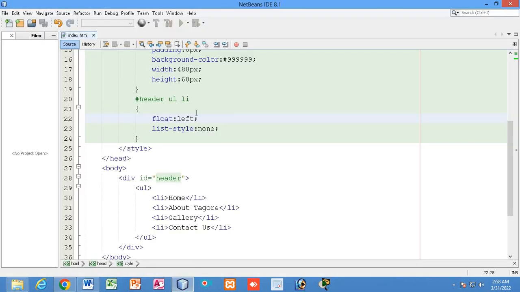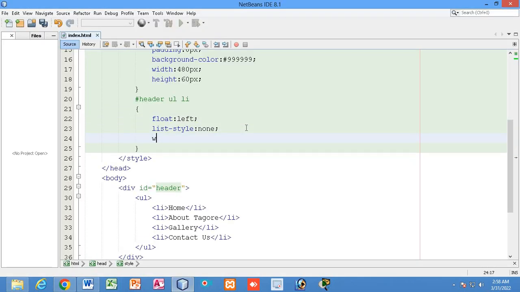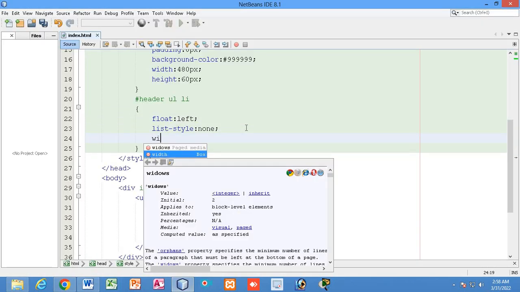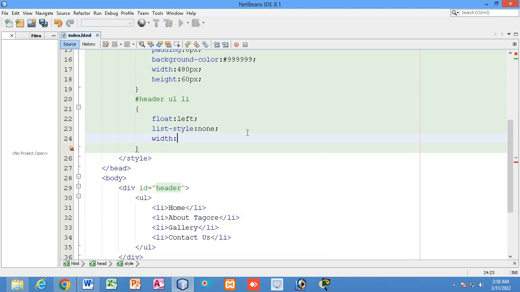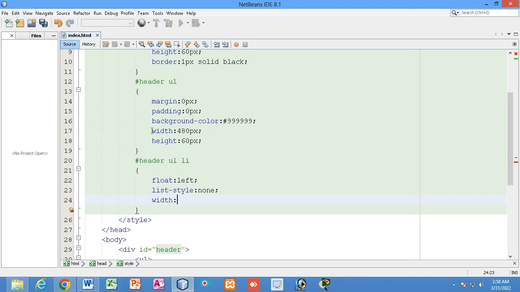Now I have to make it in such a way that it will appear like a menu. So I will give width. I will now write the width CSS property for each of those list items. How much width? See, the width of this UL is 480px.